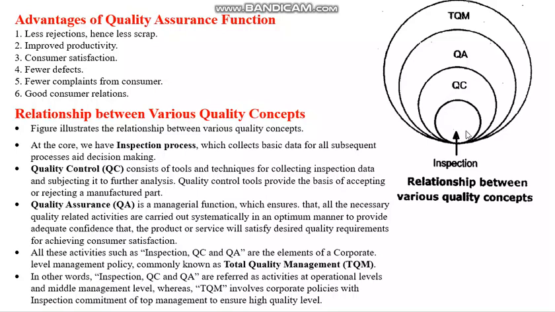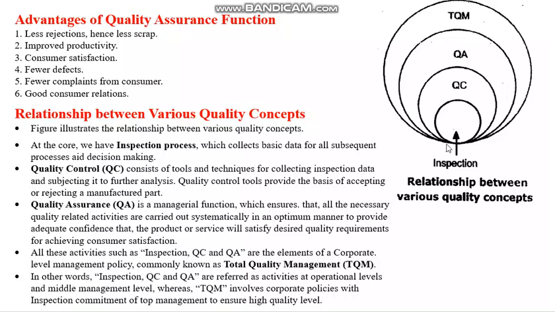Just to measure the dimensions, or measure some parameter of the quality, and that is called inspection. Now afterwards, quality control, a little broader term, has evolved, and that is now the second circle. This second circle is containing the first circle, you see. So that means quality control is